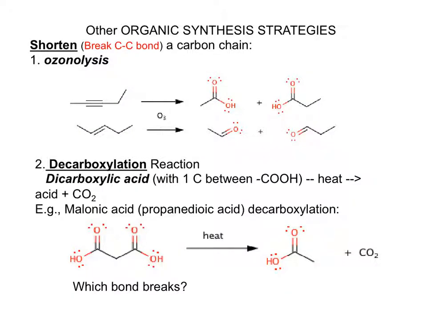Another synthesis strategy is to break a carbon-carbon bond to make a smaller molecule from a bigger molecule. So ozonolysis breaks a carbon-carbon pi bond and makes either an acid or an aldehyde or ketone. A decarboxylation reaction occurs with a dicarboxylic acid with 1 carbon between the acid groups. For example, malonic acid undergoes decarboxylation to produce acetic acid and CO2, so stop the video and identify which bond breaks. So the answer is